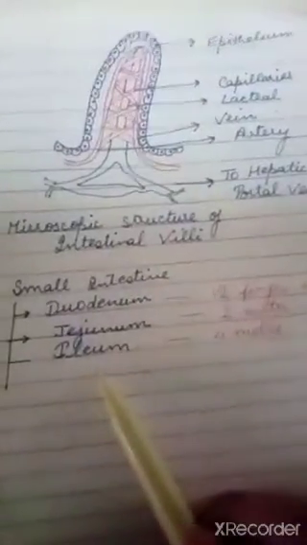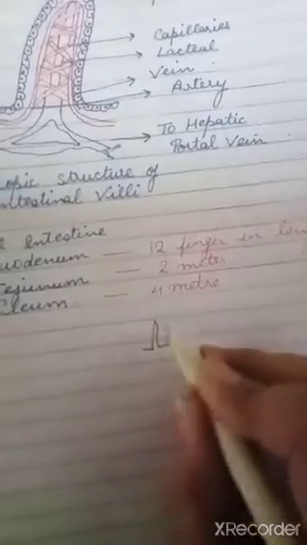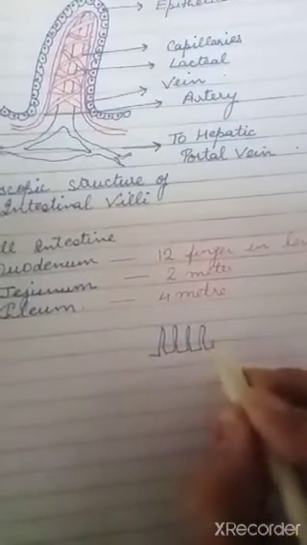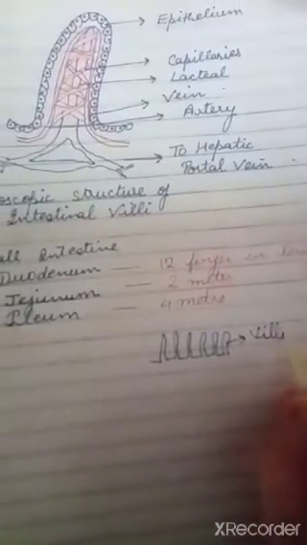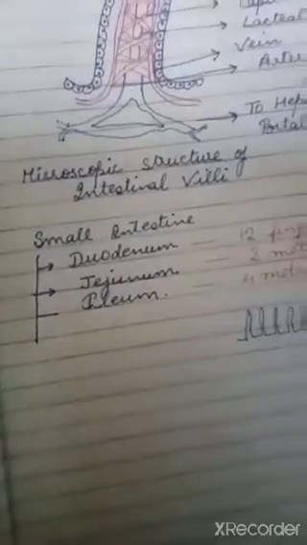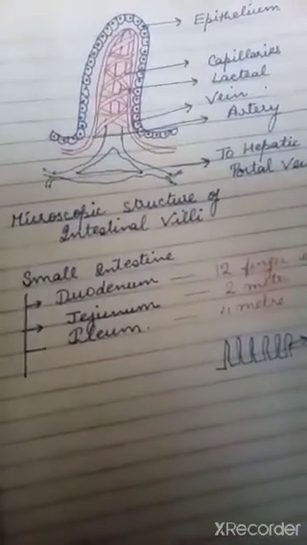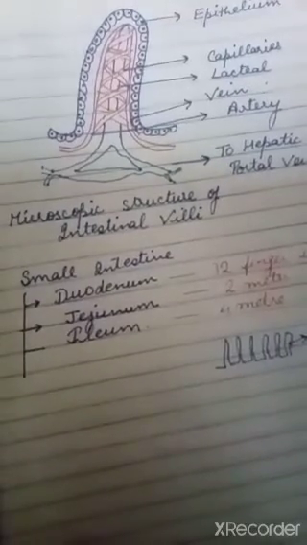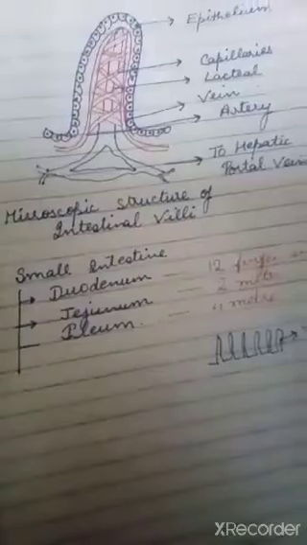Now, the inner part of the ileum is produced into a great number of villi. What are villi? The whole intestinal wall is like this, with villi present on the intestinal wall of the ileum. These finger-like projections are called villi. The villi enormously increase the surface area of the intestine to enhance absorption of the digested food.